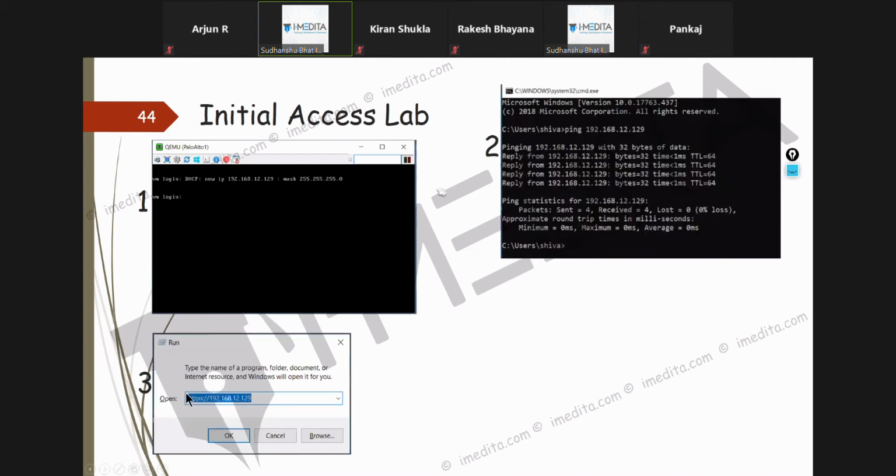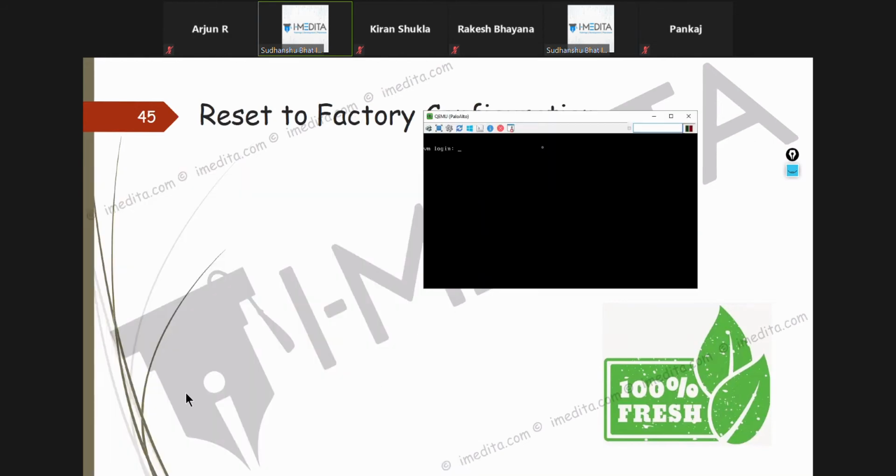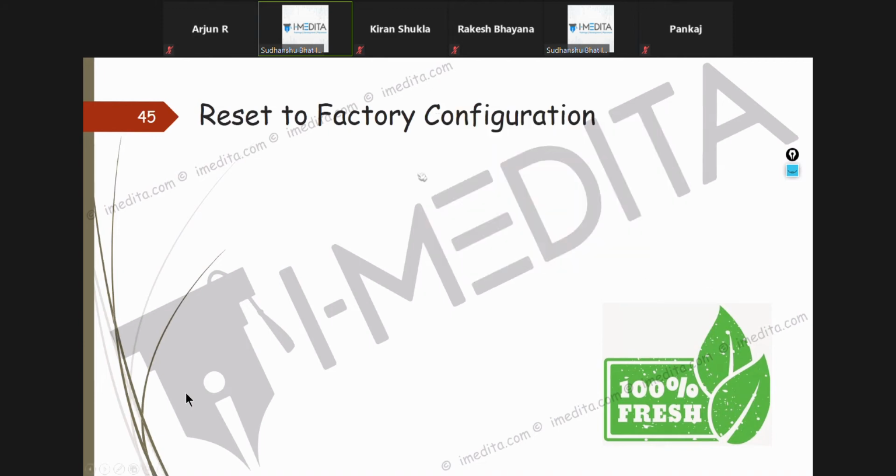Okay, so once we see the IP address, you can try to ping it, and you can open an HTTPS page to the Palo Alto, which we'll see later. Okay, I'll show you this reset to factory default configuration. In the meantime, I can show you this because it will be better. It's almost booted up. Soon it's going to get a DHCP IP address from DHCP.